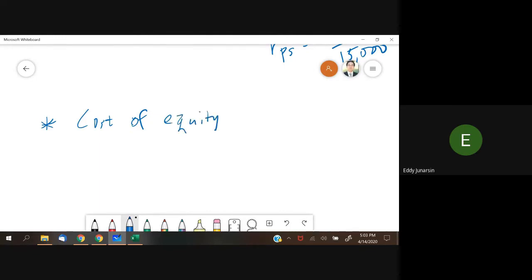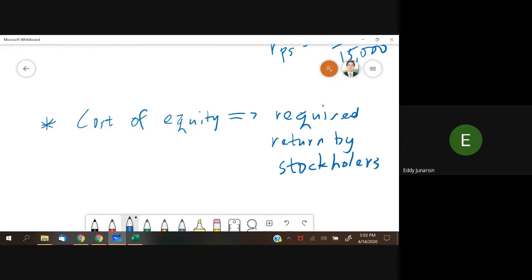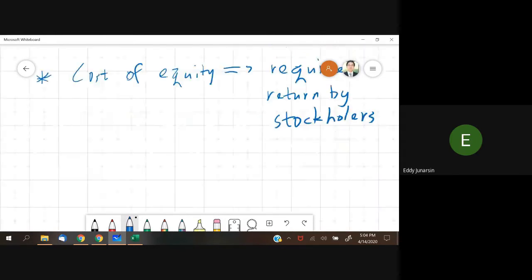So this is quite special because if you want to go into the details of this one, of course, in practice, many a time we just use, okay, cost of equity. But again, theoretically, before that, what is it again? Cost of equity is required return by who? By equity holders, right? By shareholders, right? By your stockholders. Okay. So cost of equity is a required return by your stockholders.